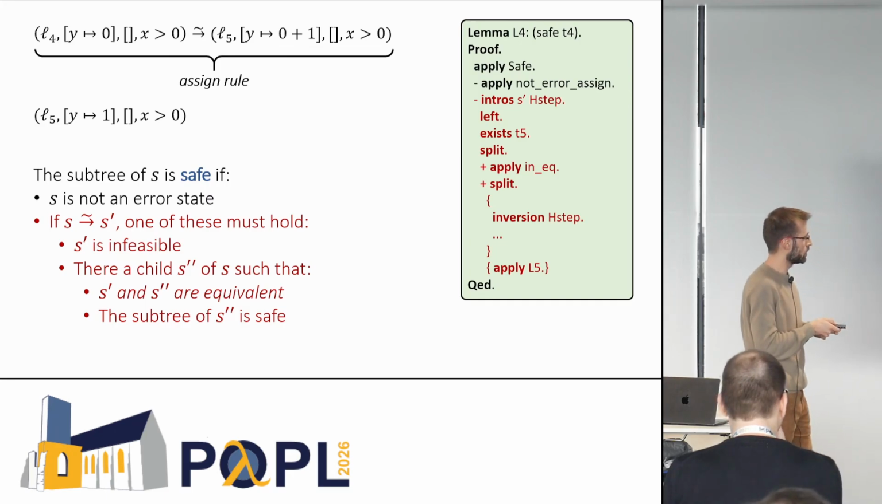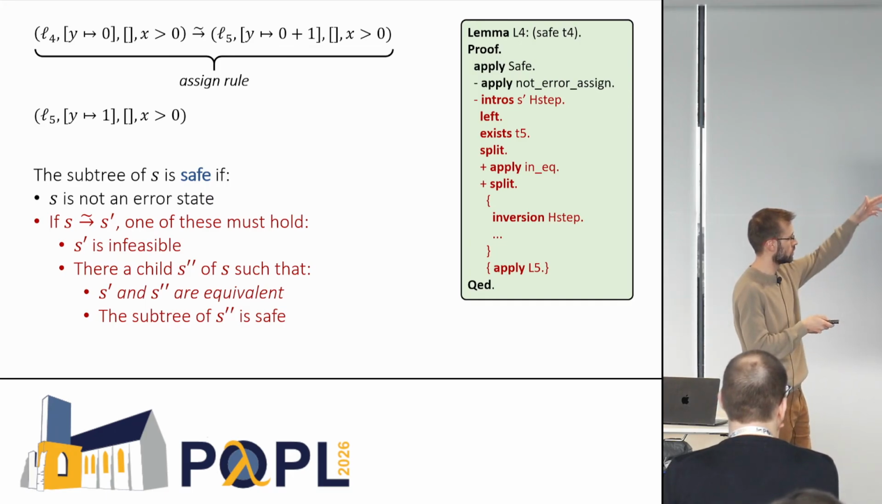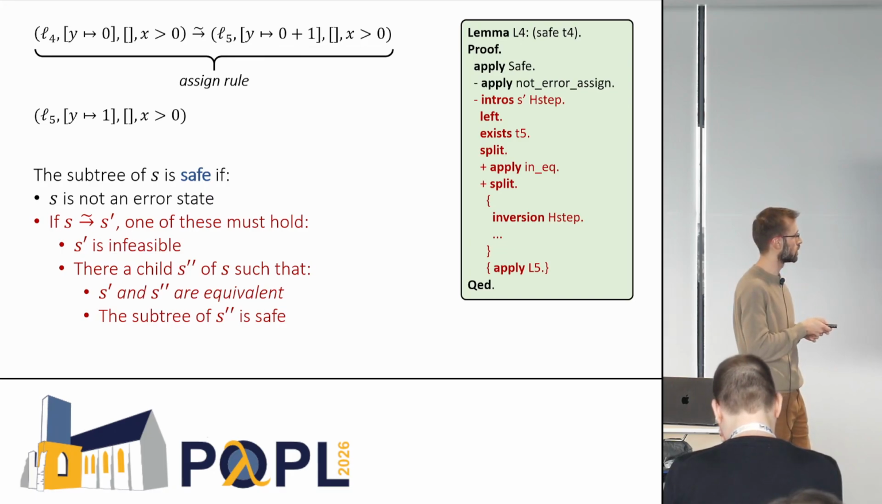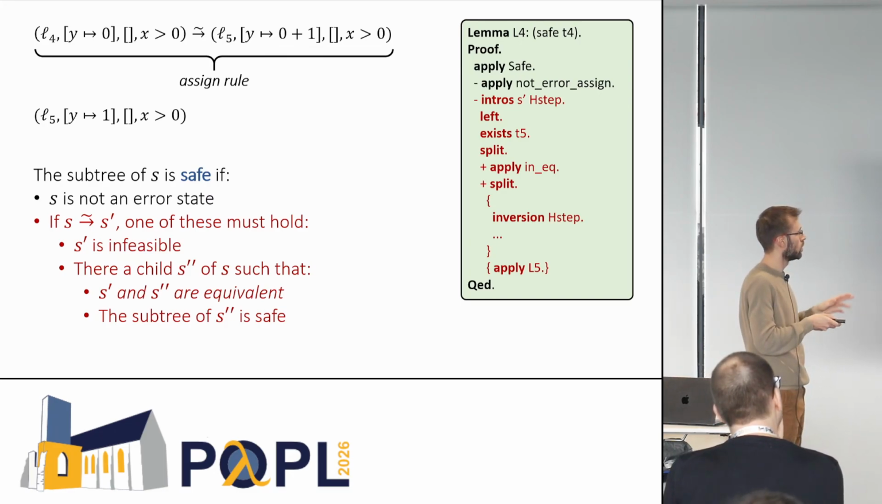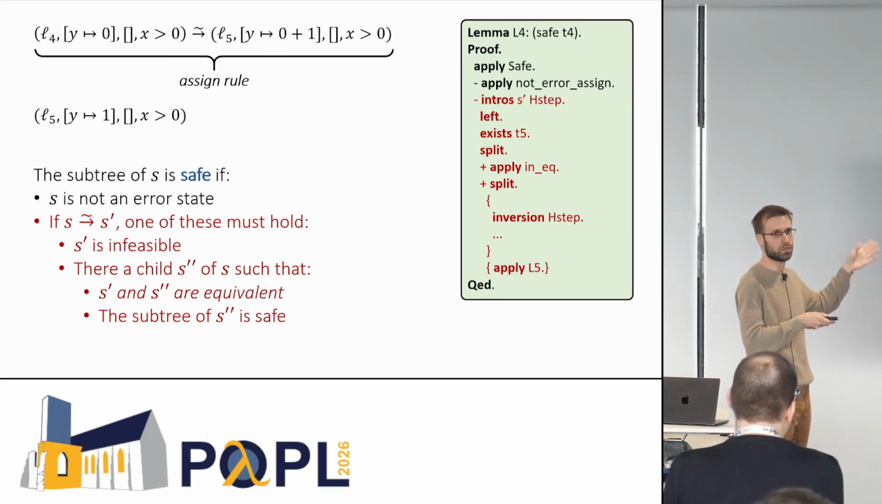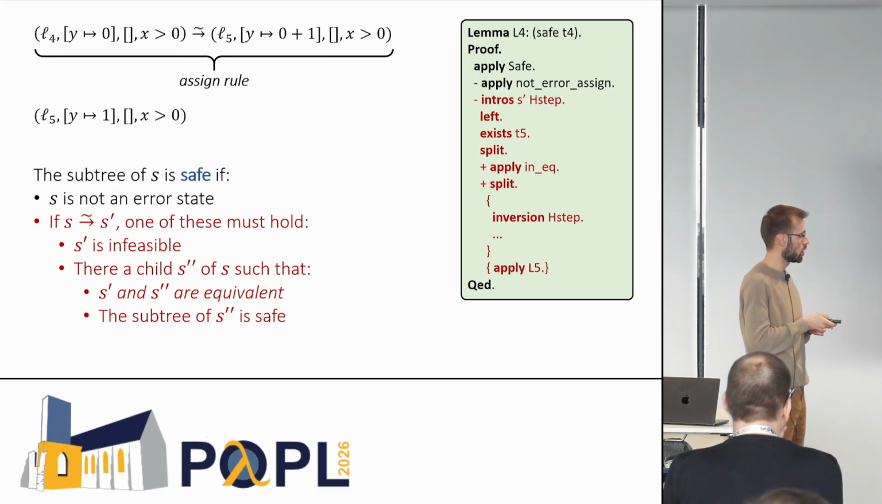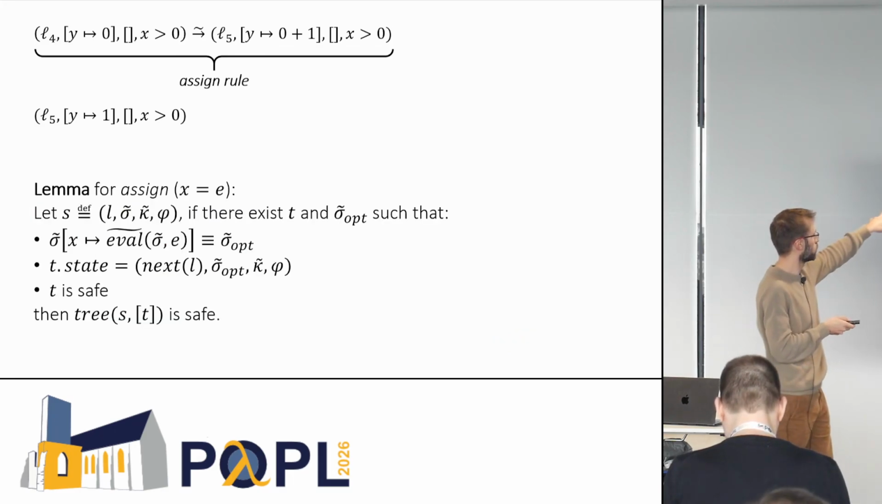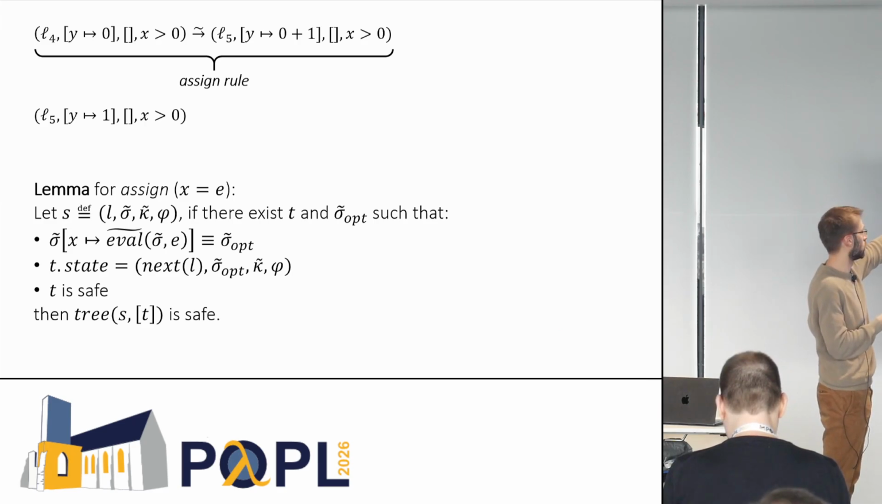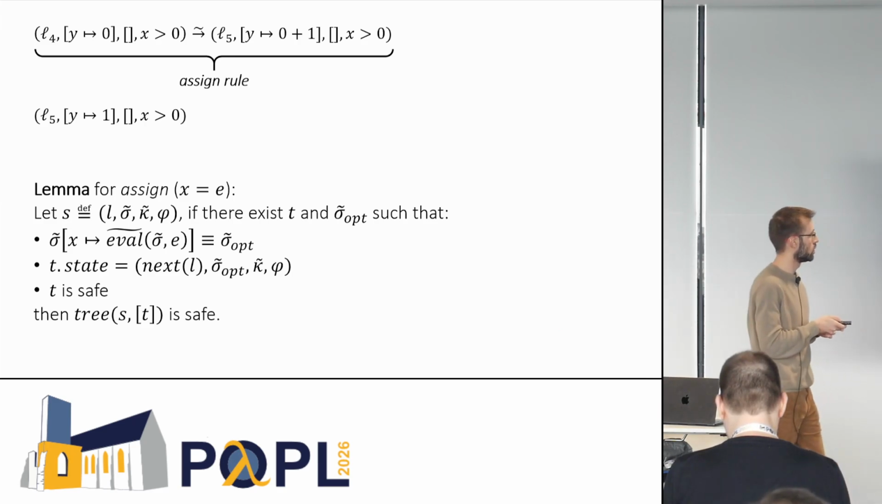So the bottom line here is that the resulting proof is very long, and it uses expensive tactics like inversion and subst and so on. So if we do it for every subtree, this is going to be very expensive, so we want something better. So this proof that we showed before for this specific subtree of S4, we can actually generalize